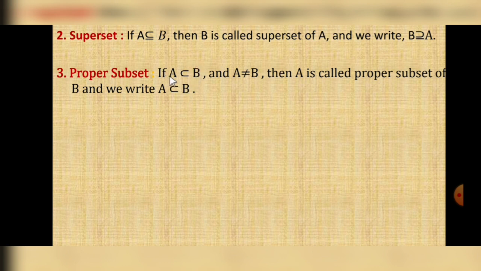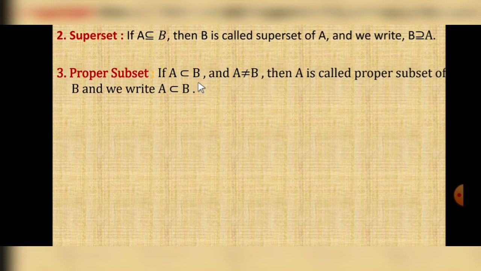So students, we already know that if A is a subset of B, then all the elements belonging to A should belong to set B. Now here one more possibility is there. Sometimes we may get these two sets equal. If A is equal to B also, we can write A is a subset of B. But when we call it a proper subset, A is not equal to B and A is a subset of B, then A is a proper subset of B.